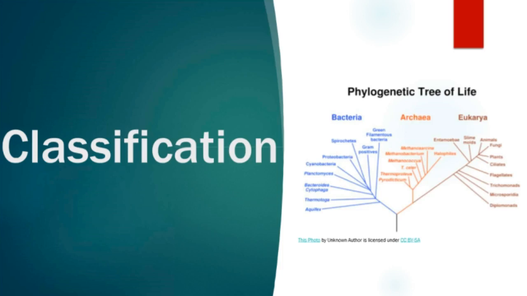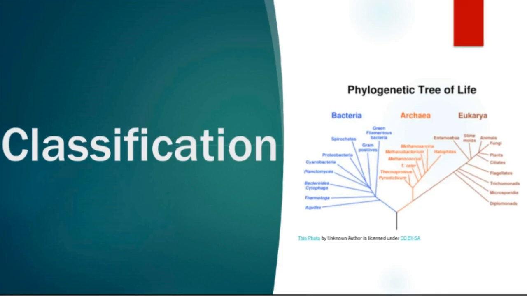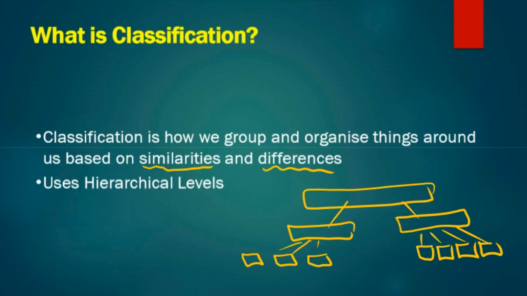And in science, we use it to help not only understand the world around us, but to communicate to each other, to use our understandings to delve deeper into organisms, and also to transfer understandings from one situation to another. So let's go into it a little bit further. Classification, as I just said before, is how we organize things around us. It's how we make sense of the world around us, and we do it by looking for similarities and differences. That's pretty much the crux of organization.